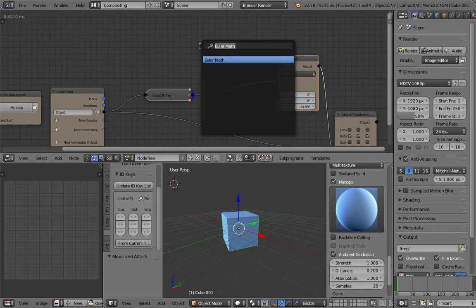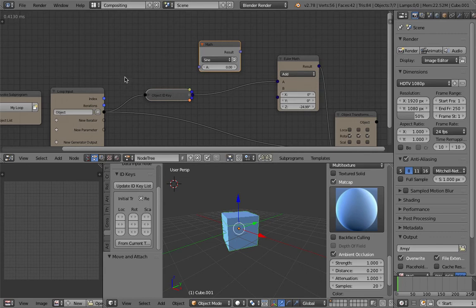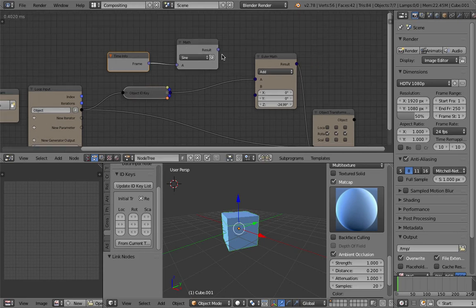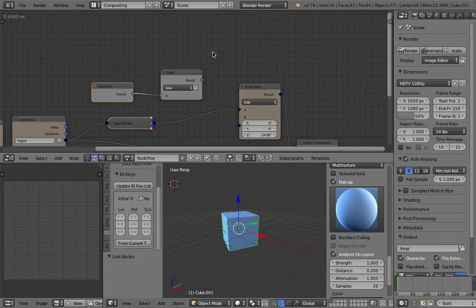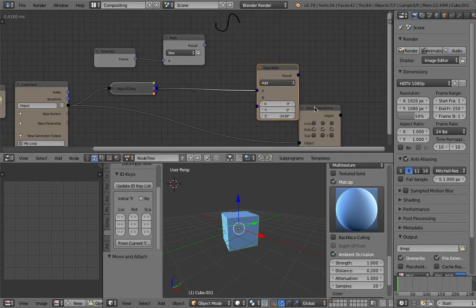That's actually very easy. You simply just use a number. Let me think. Sine wave. Yes, sine wave math. I'm gonna plug in a frame number into the sine, and the result is gonna be a value between -1 and 1, just like a sine wave, back and forth. We can plug this into this Euler math thing,